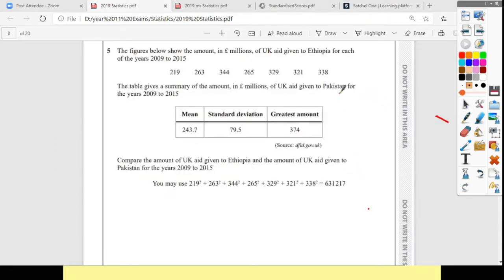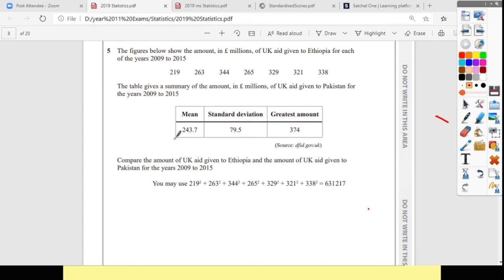Figures below show the amount in millions of UK given to Ethiopia for the years 2009 to 2015. The table gives a summary in millions of UK of aid given to Pakistan for 3 years 2009 to 2015. Compare the amount of UK and Ethiopia to the amount of UK given to Pakistan from the years 2009 to 2015. You may use blah blah blah. All of it squared equals